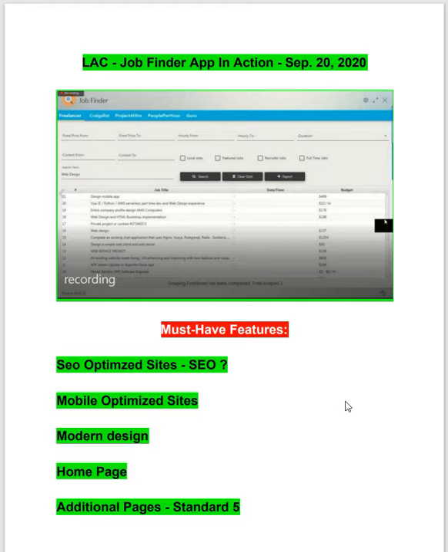But when I say basic, I mean that these websites do not require any special plugin or special features, okay, and no advanced features. But if they do need advanced features, we literally can create any type of website with any type of plugin or any type of feature, any type of advanced features, okay, so we can do that. So a basic website, a general website, will have some must-have features. So let us talk about that.